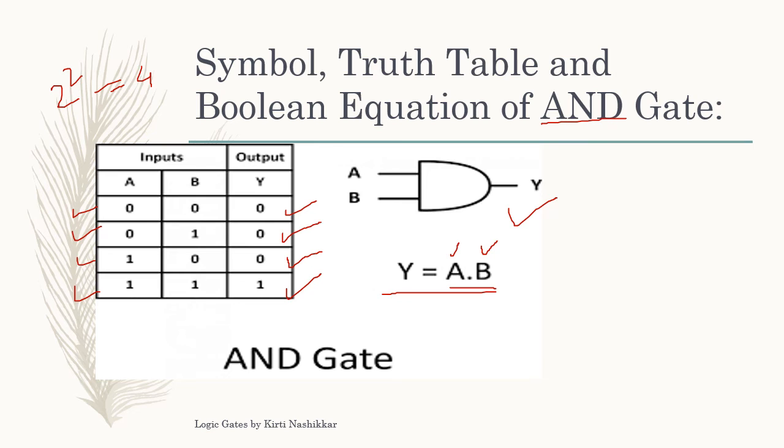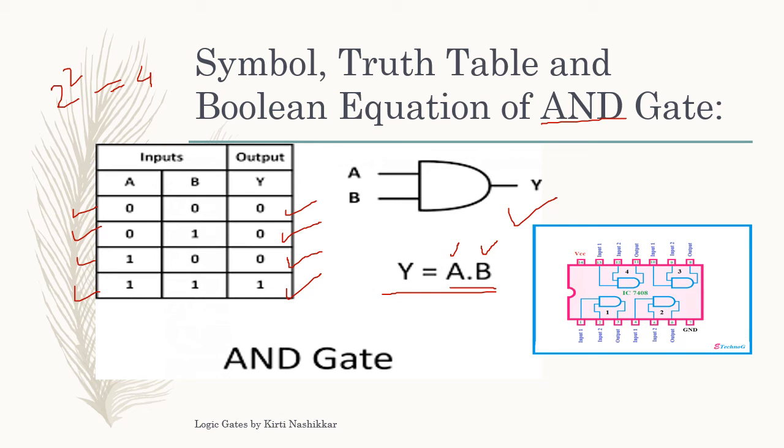Now this is the pin diagram of AND gate IC, which is IC 7408. As each gate has 3 terminals, that is 2 terminals for input and 1 for output, if we give pin number 14 to VCC and 7 to ground, then 12 pins are remaining, and 12 divided by 3, 4 AND gates will be there. The pin configuration of these 4 gates is shown in the diagram itself.